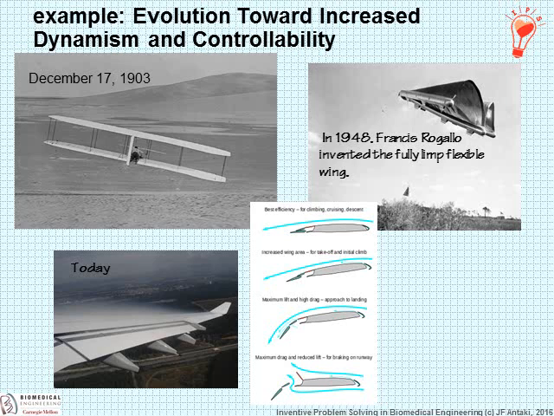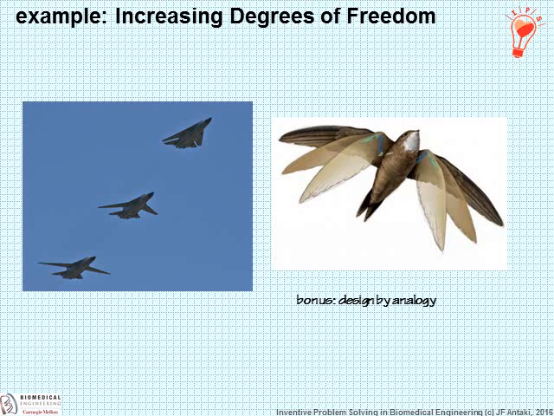For takeoff and landing, they have a very curved conformation so as to provide great lift, yet at the expense of a great deal of drag and hence fuel consumption. And then during cruise, they can then flatten out and provide just the right amount of lift for the minimal amount of fuel consumption. Another example from the same discipline are these collapsible wings that have become very common in fighter